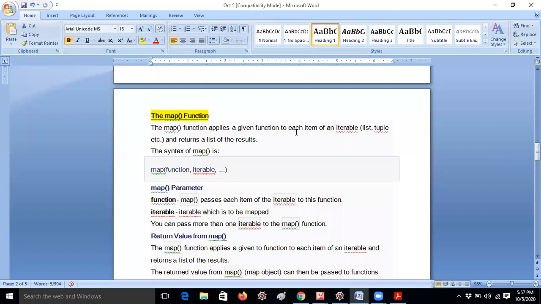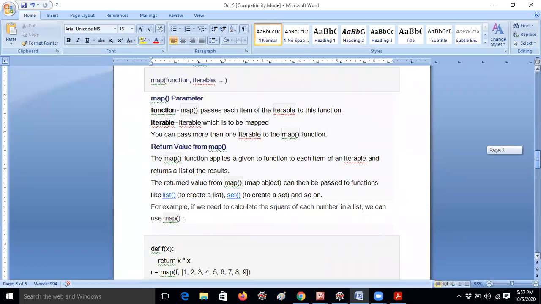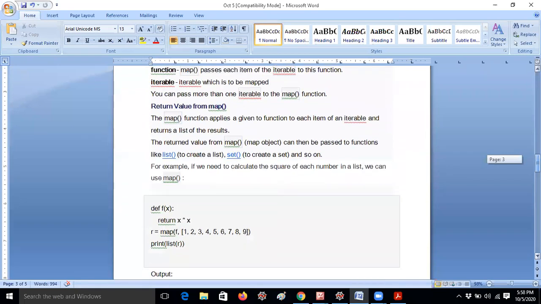Okay. So let me explain what is the map function. The basic syntax of the map function is function and iterable. Iterable is nothing but, as you already know, lists, tuples, and sets are iterables actually. We will call them iterables. Whenever you are thinking of numerics, you will be taking integers and floating point values. By using map we can print out the results, like here I am giving a simple example, guys.